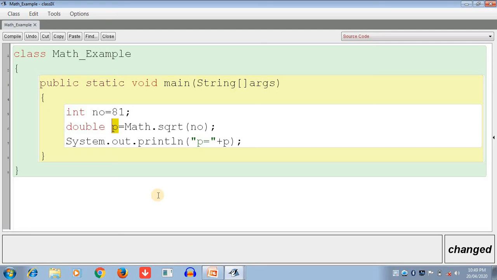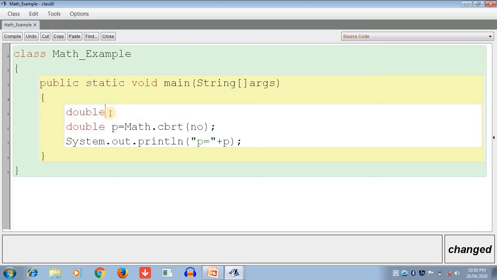Now the next function, CBRT, the cube root of a number. What is the name of this function? The function name is cube root of a number, and it returns the cube root of a number. It takes a double argument.